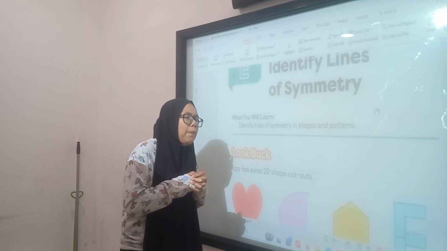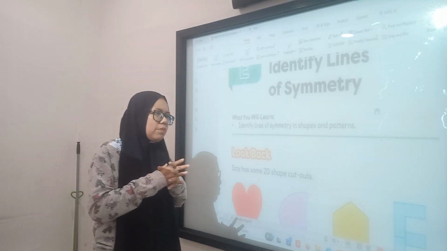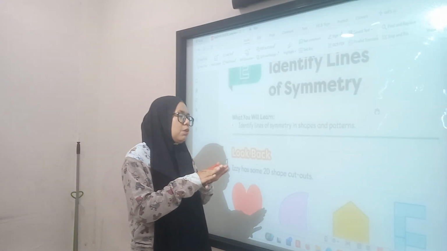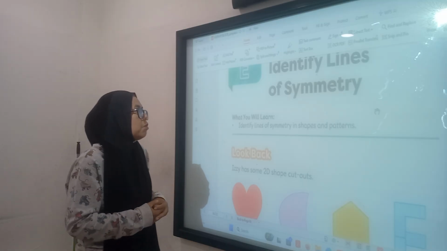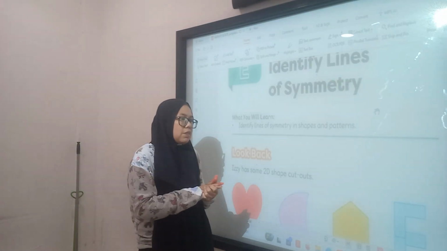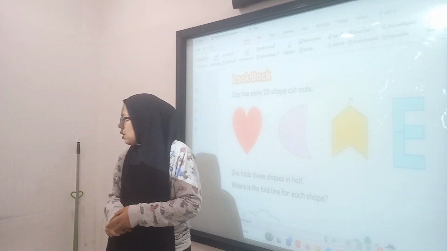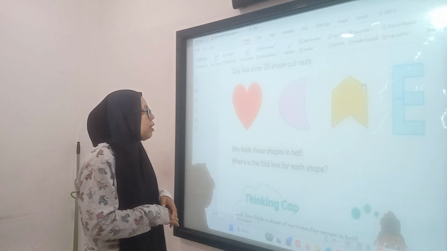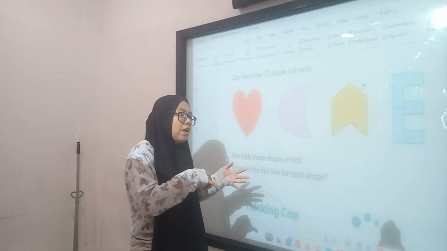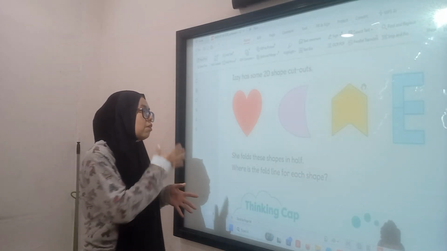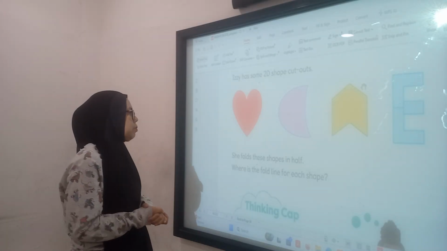If we got one line that can divide the shape into two equal parts, it's called one symmetry line, right? Yes, if we can fold it two times, then we can say that there are two ways, it can be horizontal or vertical. And sometimes they make it like a cross, right? Yes, they cross it. But I have to make sure that the students know what a line of symmetry is first. Before, I said that a line of symmetry is when the lines are equal to each other, and it can be distinguished when we fold it.